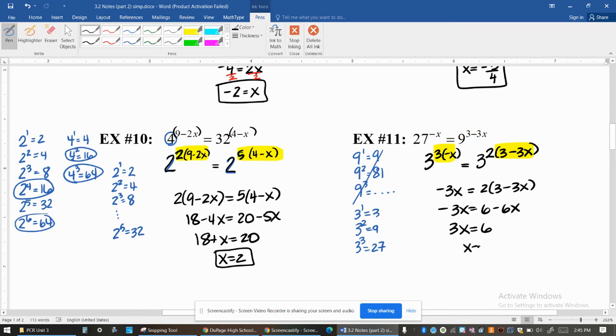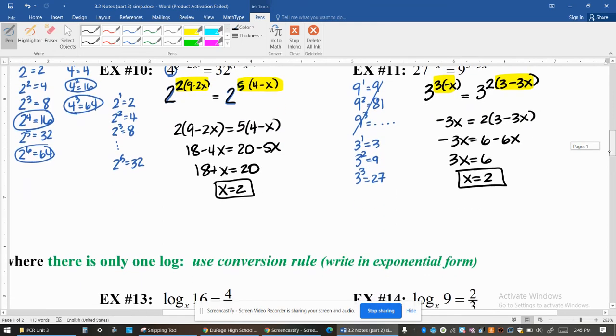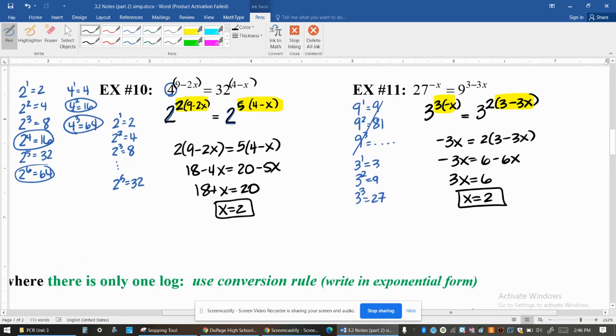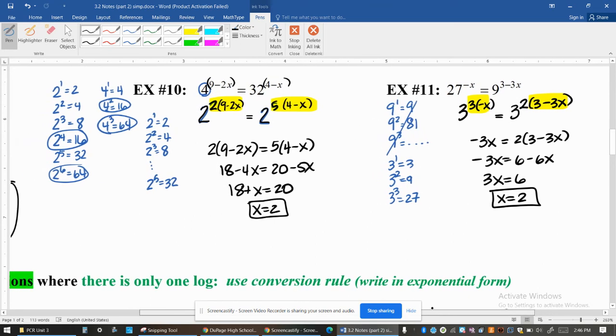And then divide by 2, or by 3, and you get 2. A lot of these problems are like puzzles. You just have to figure out how to rewrite them so that they have the same base. I really like these types of problems, but obviously any of you that are struggling with your exponential tables,